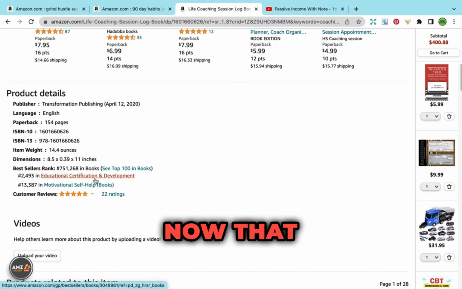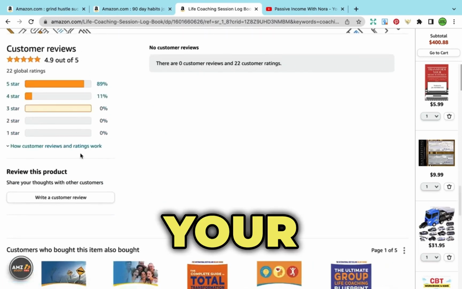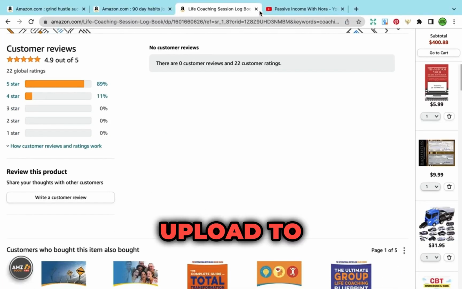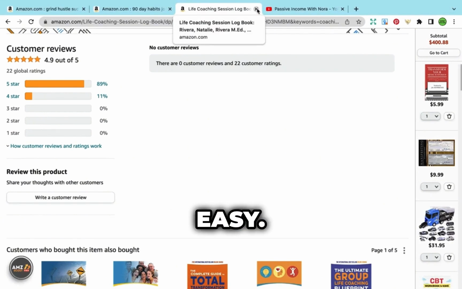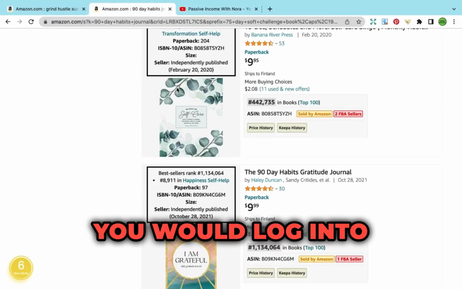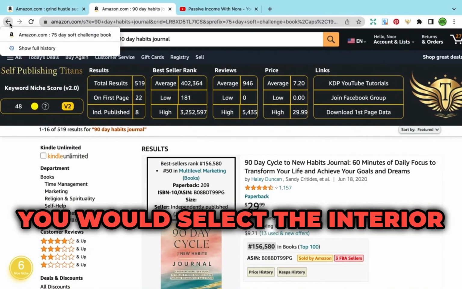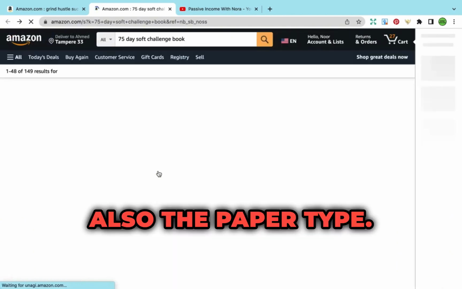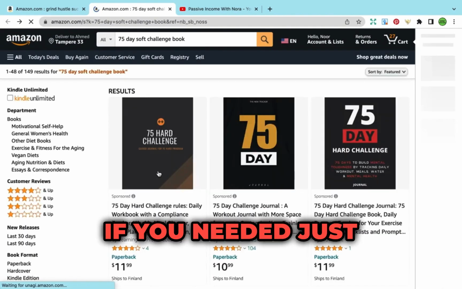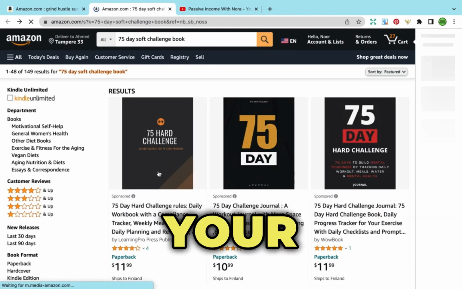Now that your cover is ready and so is your manuscript, you can go ahead and upload to Amazon KDP. And it's so simple and easy. So in terms of that, you would log into your KDP account, upload your formatted manuscript, and you would select the interior type, whether it's black and white or color, and also the paper type. For example, if you needed just a white paper type, and then you would choose the bleed